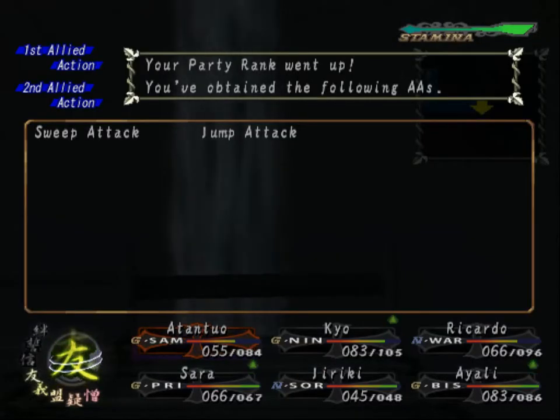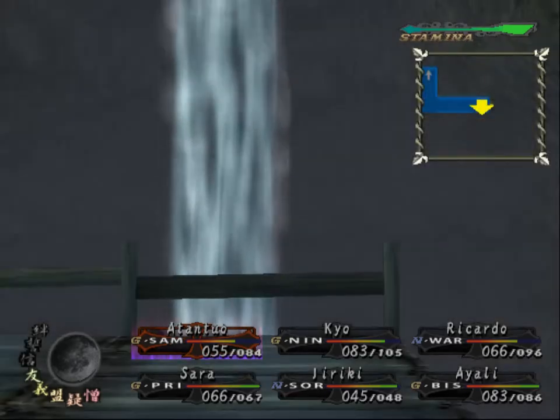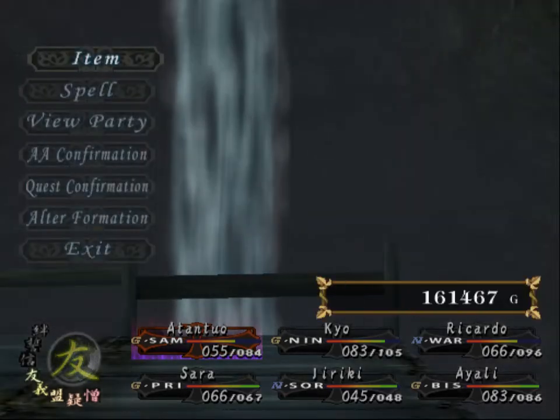Alright. Ooh, hey, your party rank went up. Nice. Wow, that must have given a huge boost to trust levels. Huh. You've obtained the following AAs: sweep attack and jump attack. Okay, cool. Check those out. Actually, I want to see...